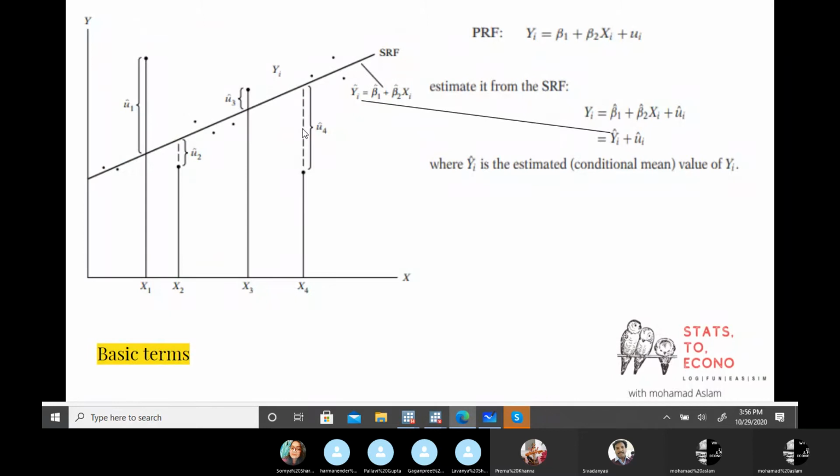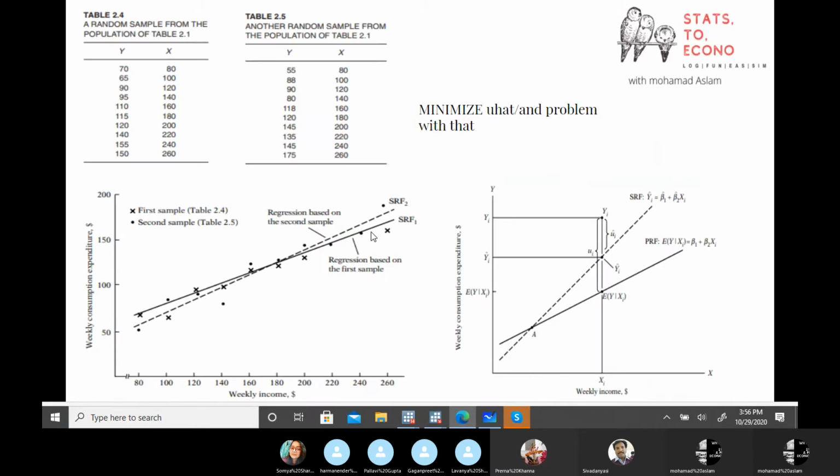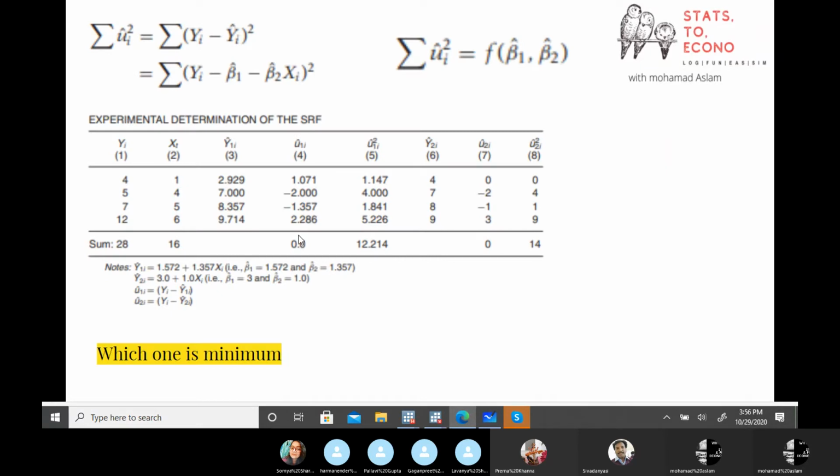But with the absolute gap, there is a problem: you might have two different sample regression functions, but both will have a summation of u hat equal to zero. As an example I shared yesterday, in both cases you have a zero value of this u hat. So we can't be sure which function is better. To get rid of this problem, in the OLS method we first take the square of u hat and its summation. So we try to minimize the summation of u hat square. That's why we call it ordinary least squares. We try to minimize it.